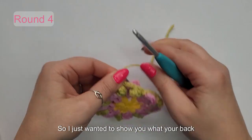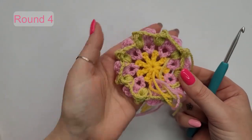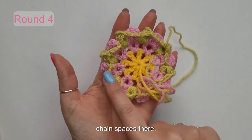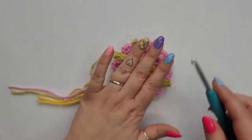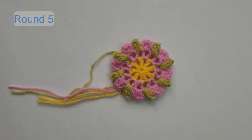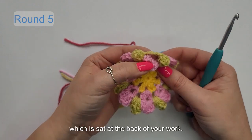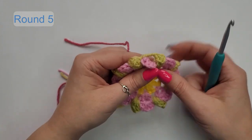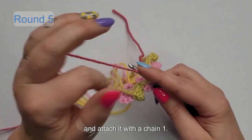So I just wanted to show you what the back of your flower will look like. You've got your chain spaces there. So now we're going to be attaching yarn D, which is the vintage pink for this flower, and you're going to attach it to any of the chain 4 spaces which are sat at the back of your work. So I'll go for this one. I'm going to attach it with a chain 1,